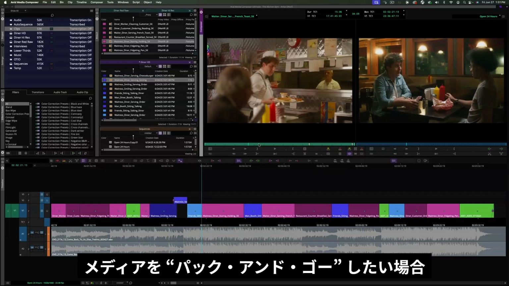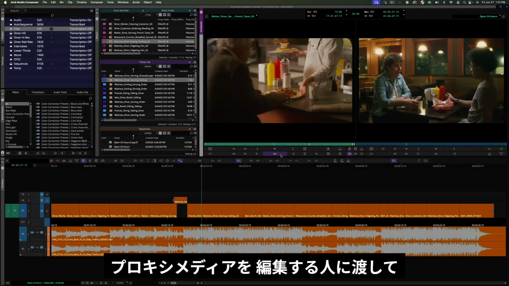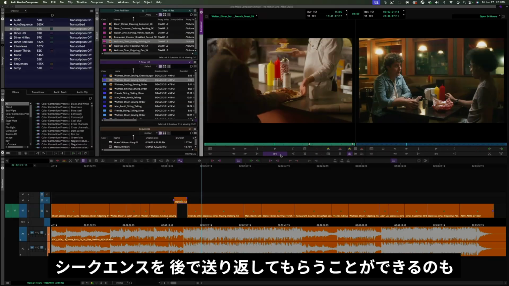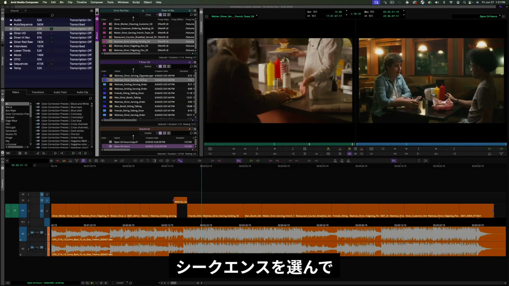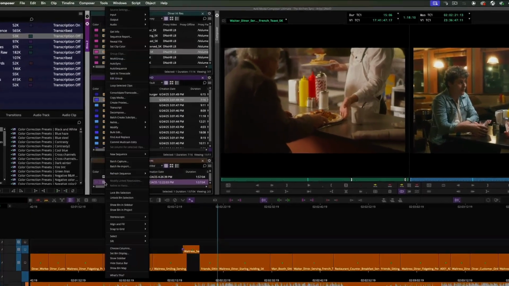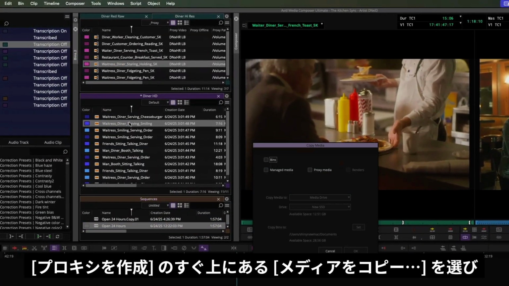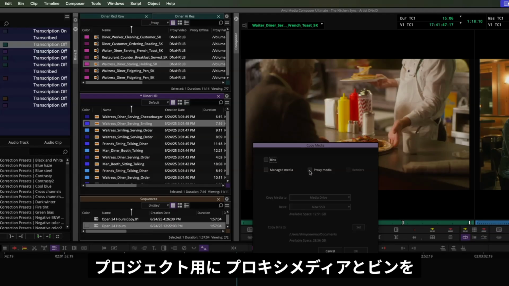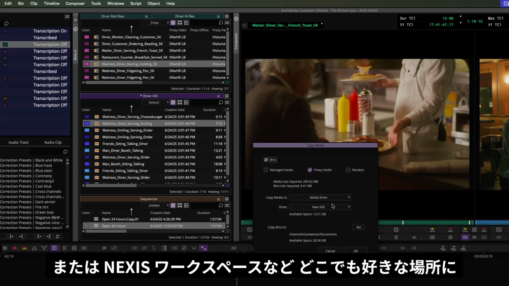What's also nice about this is if you want to pack and go your media, you want to give the proxy media to somebody else so that they can edit and then just send back a sequence, I can go and choose my sequence, select right above create proxies, we have copy media. And I can say, give me the proxy media for my project and the bins onto, maybe an external drive